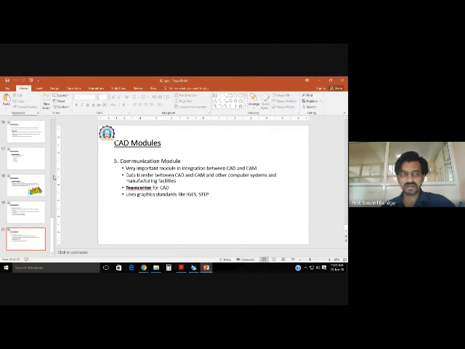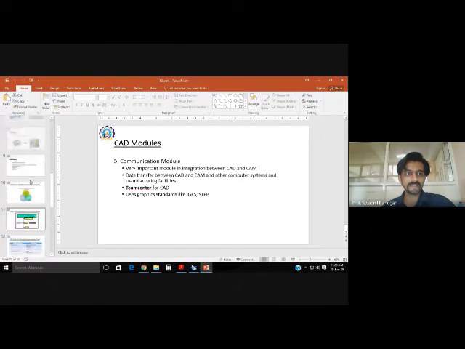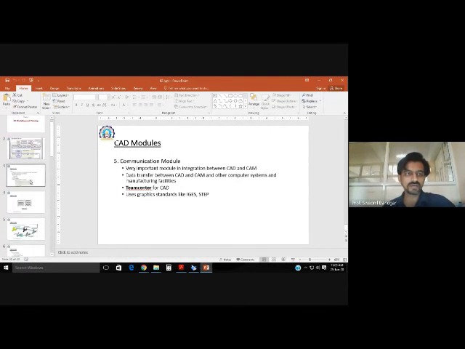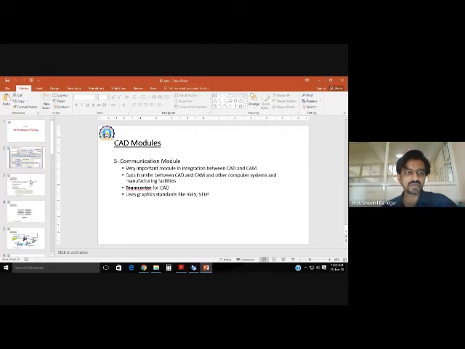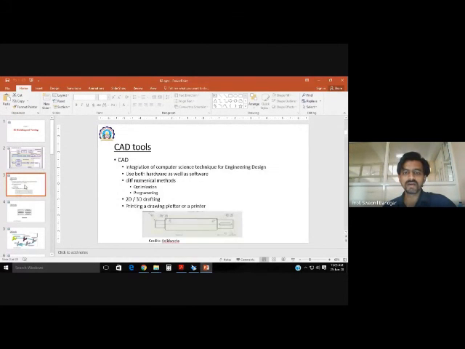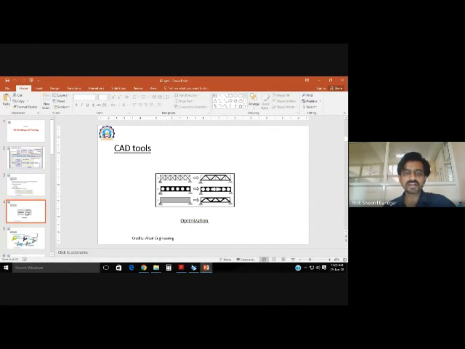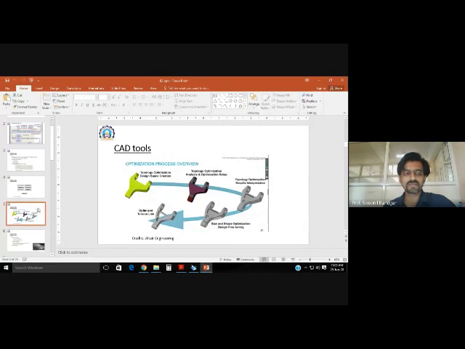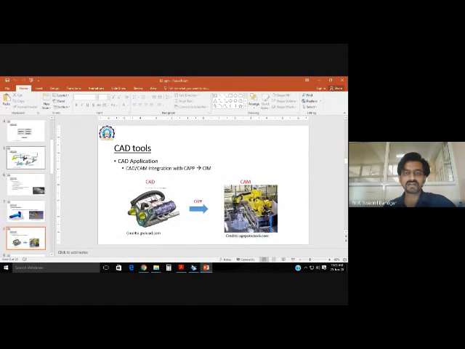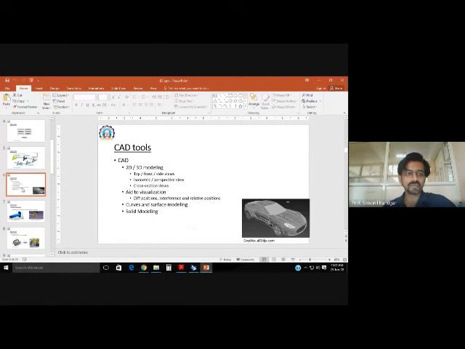The time is over, so I will just briefly summarize what we have learned. We learned about what the CAD tools are. First, what is CAD, how CAD is used, what are the applications of CAD. Then we saw the optimization applications of the CAD tools.